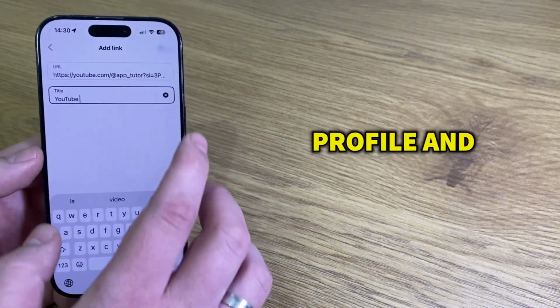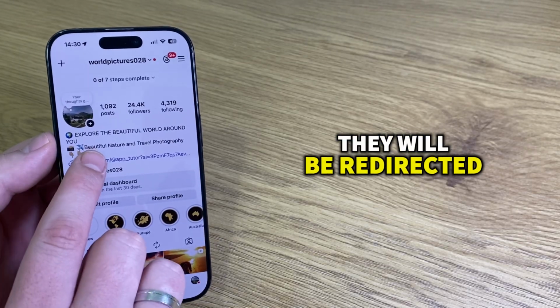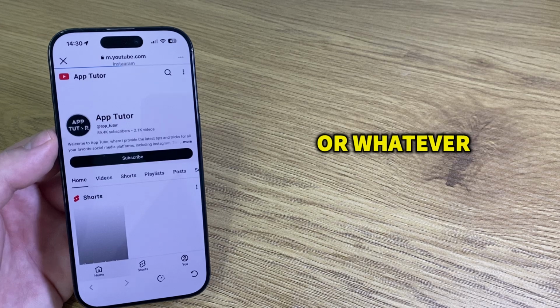When someone visits your profile and taps on the link, they will be redirected to that account or website or whatever you've added in here,